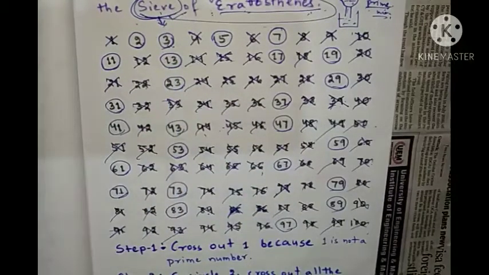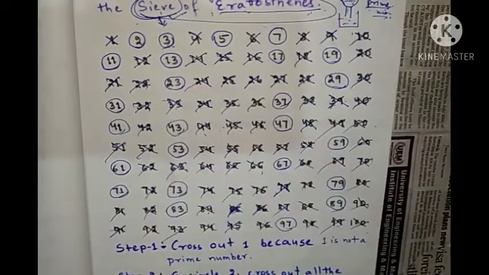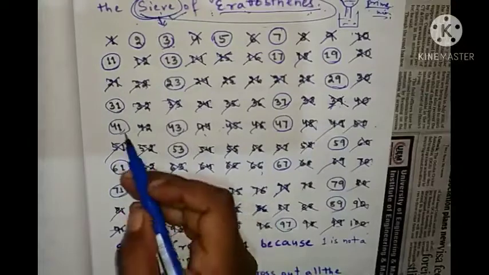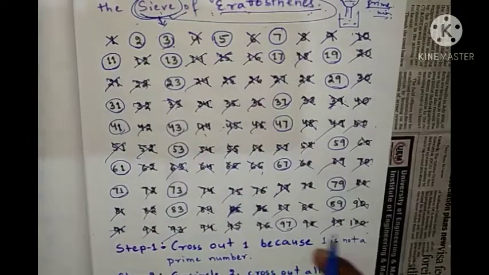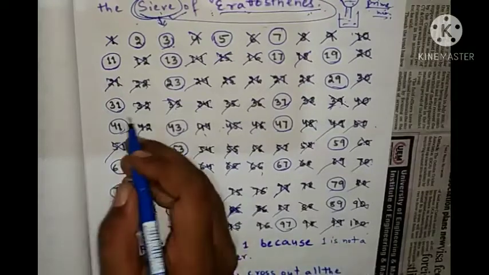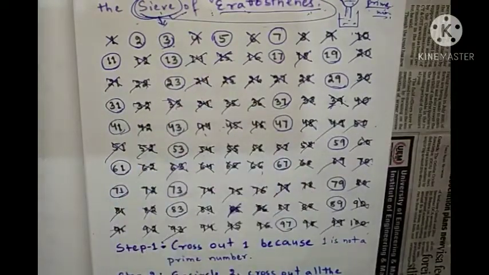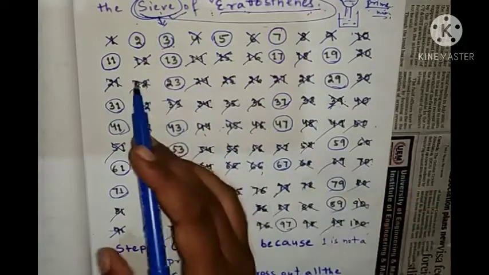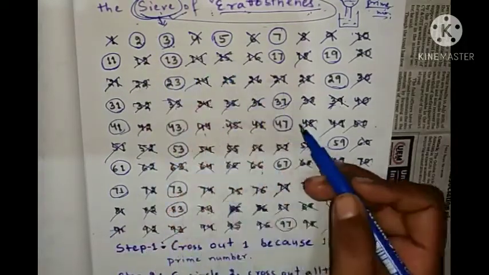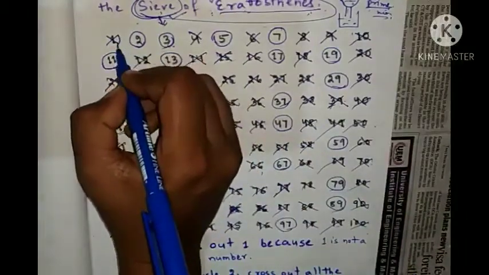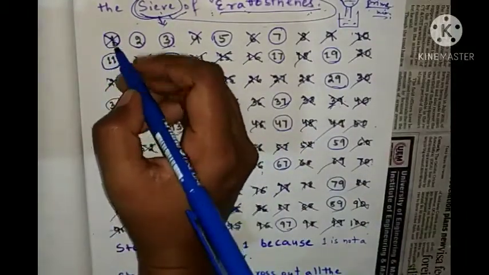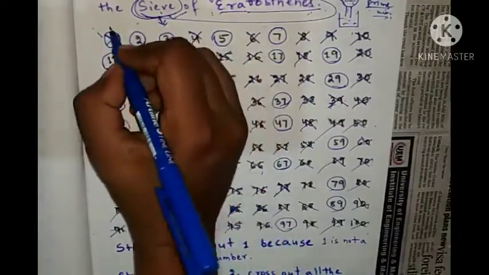So like that we have found out which numbers to encircle, the ones for which we have not got multiples, that is, which are not multiples of others, and we have crossed the other numbers. Here you will see whatever we have crossed except one. We'll circle this one, except one, because one is neither prime nor composite.